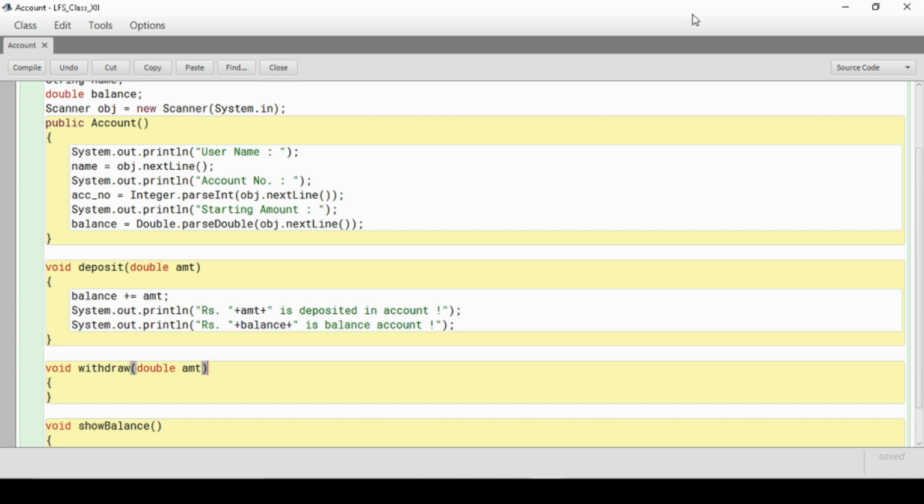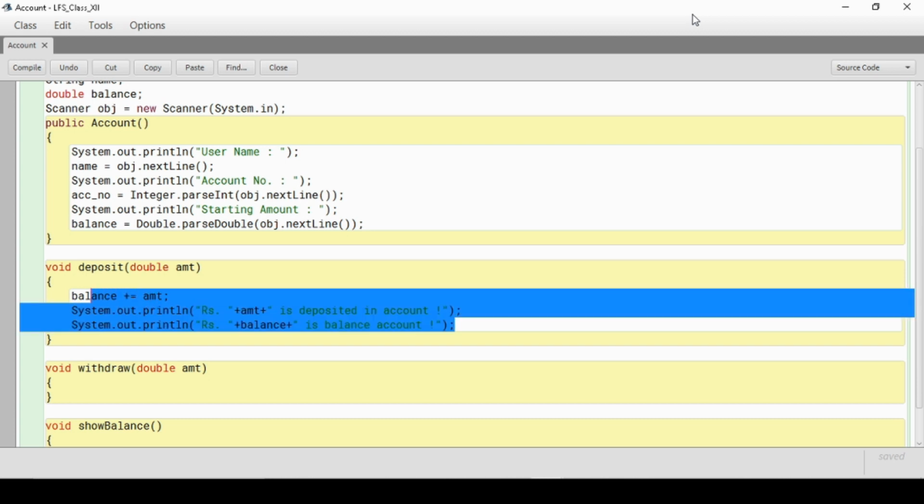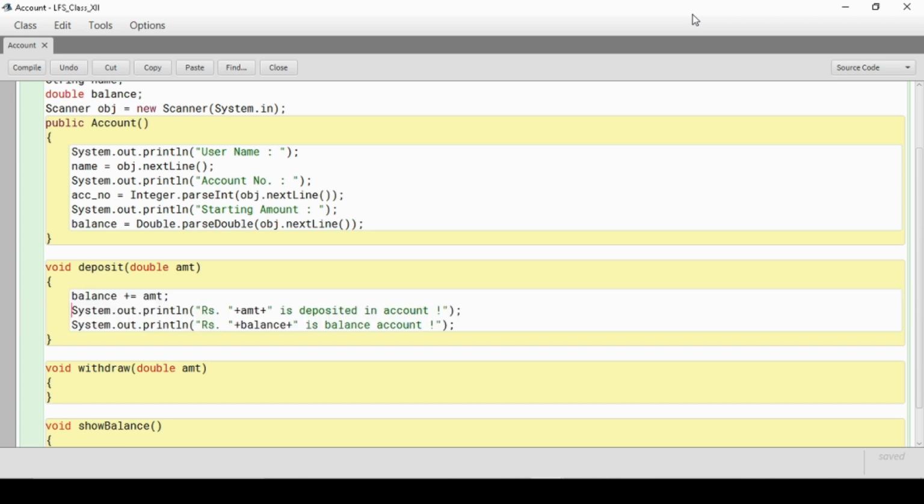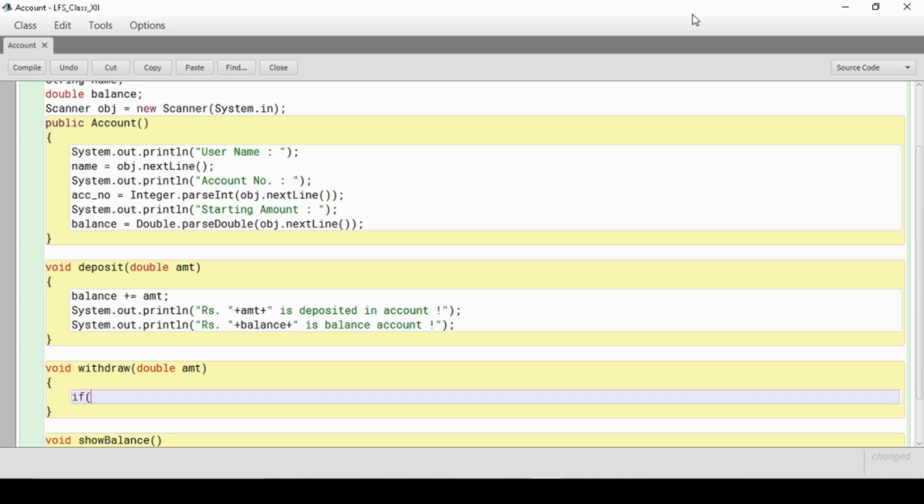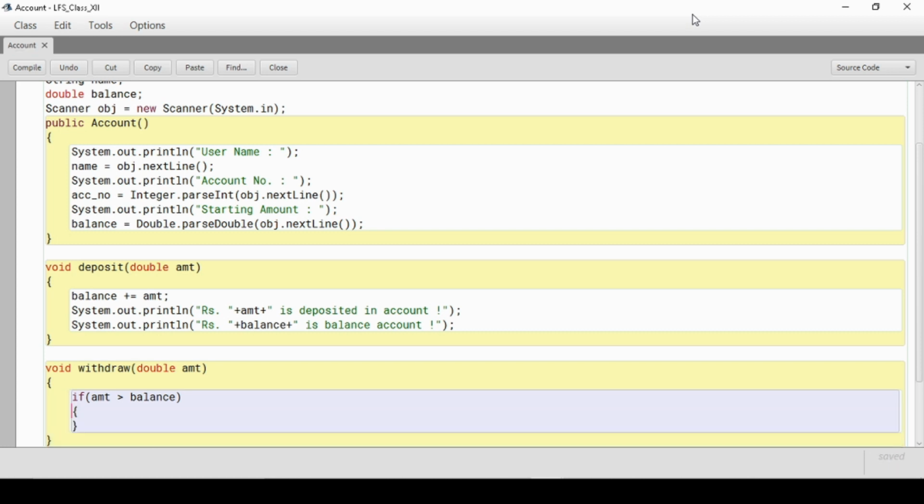Okay, similarly while withdrawing we will do the same, but while withdrawing we have to do one more thing. We have to check whether he is allowed to withdraw that much amount or not, because it's possible the user will enter an amount which is greater than the balance. If the amount is greater than the balance, then of course we will not withdraw and we will print an error over there. So we will simply print an error here, like that much amount not available.